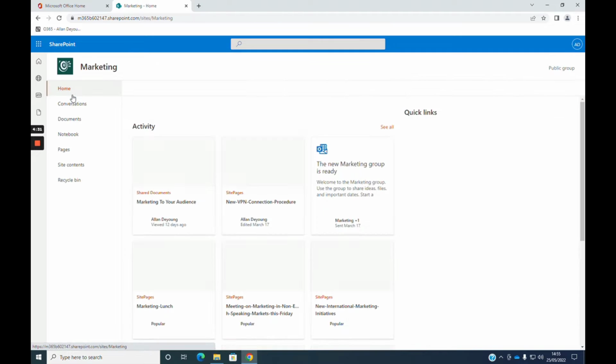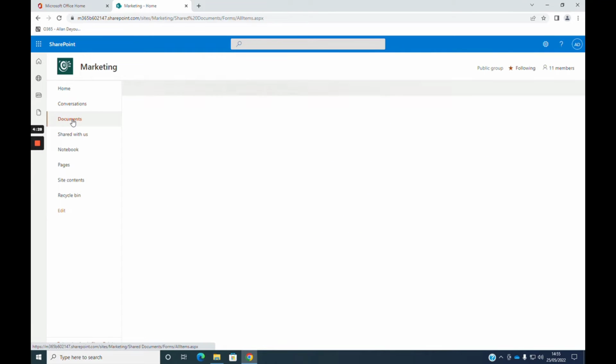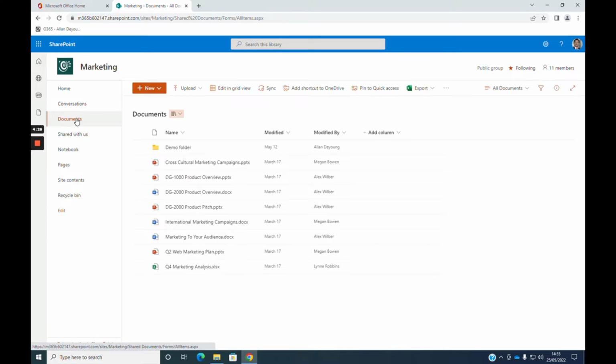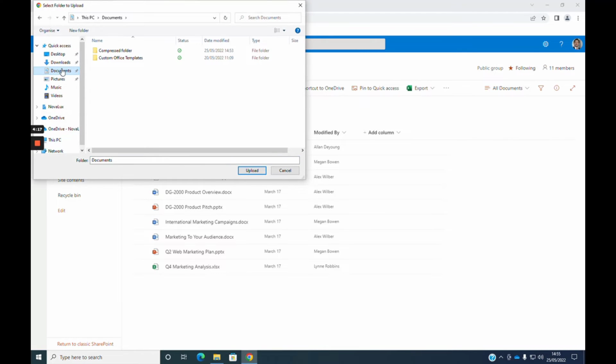And then click on the site that you would like to upload the folder to. And then click on Documents. Up here you'll see the upload. Click the drop down. Now if you select Folder and go to Documents, you'll see that the compressed folder is